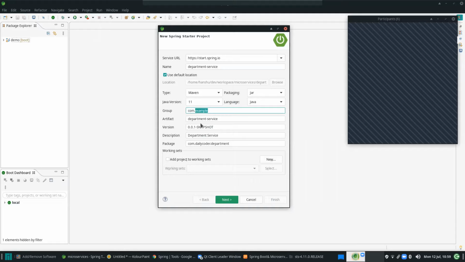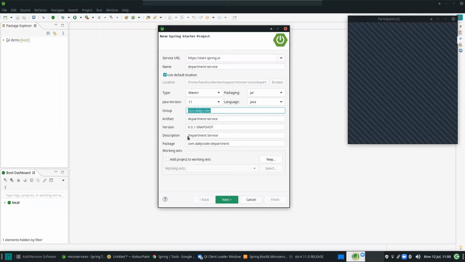Anyway, I will explain these things, the Maven build tool also, in one of the sessions. So now the group name is, for example, Daily Coder, and my artifact is department service. Under this group, I can have multiple services.